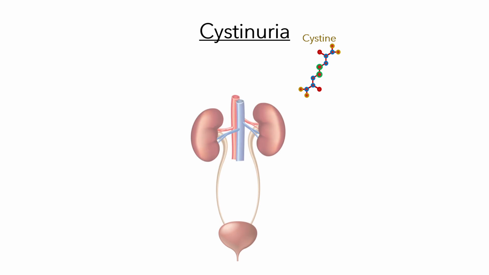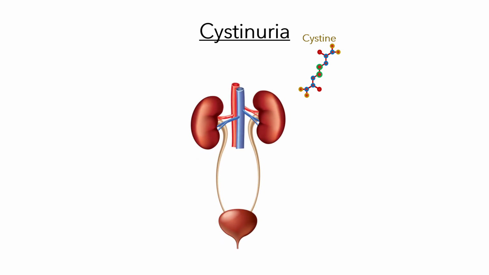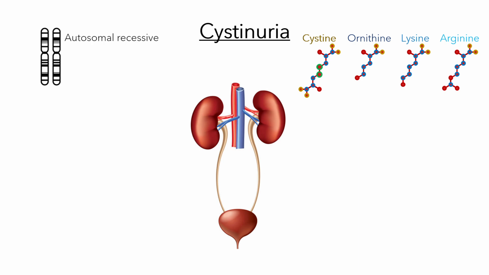Cystinuria is a rare genetic disorder characterized by the abnormal transport of certain amino acids, particularly cysteine, in the kidneys and intestines. This condition leads to an increased concentration of cysteine and similar amino acids like ornithine, lysine, and arginine in urine. Cystinuria is typically inherited in an autosomal recessive pattern caused by mutations in the SLC3A1 or SLC7A9 genes,